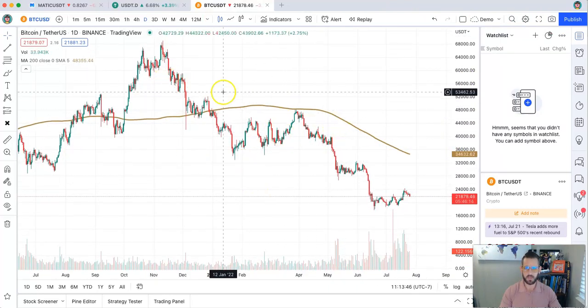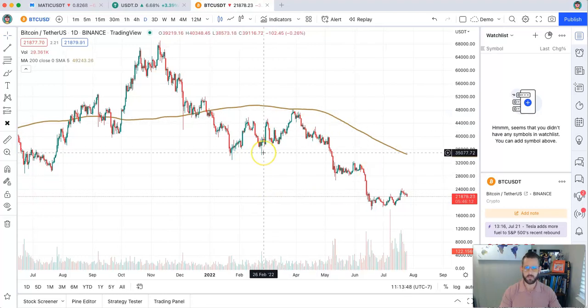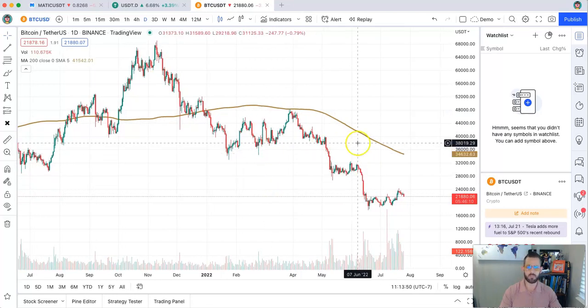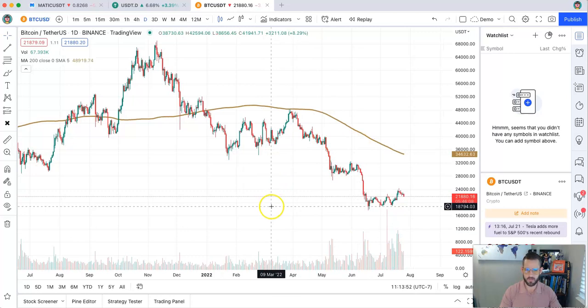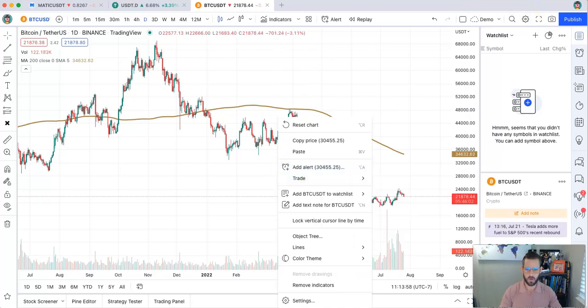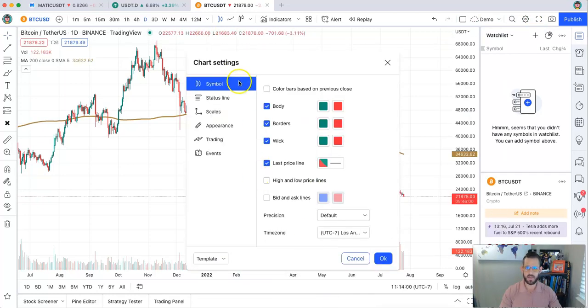Personally, I like to customize my chart to something that feels good for me, something that I can see very easily, something that doesn't play with my emotions. So if I go either to the settings, or if I right-click on my chart and click settings, I can now change up my chart. So from top to bottom, we have our symbols here. We got our candles we can change here. So we got our body,